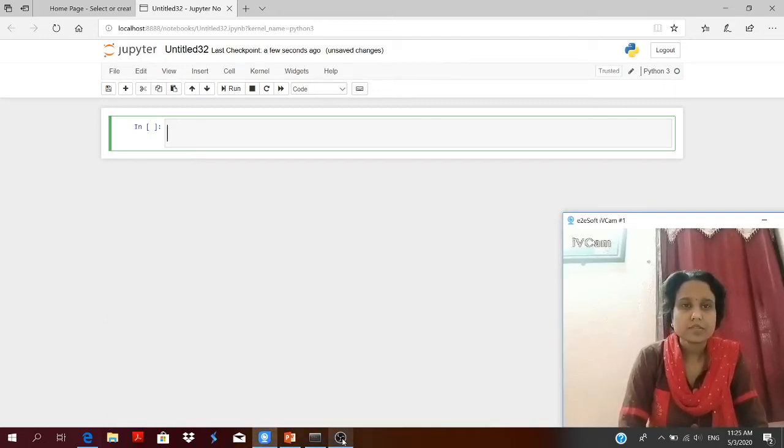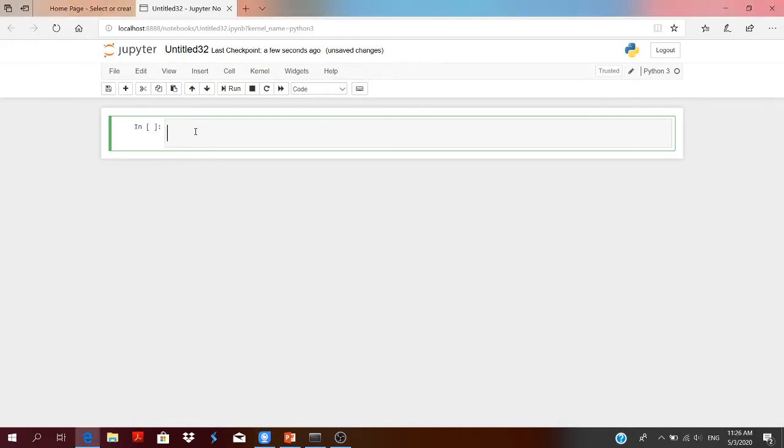Hello everyone. In the previous sessions, we have studied how to create series, apply mathematical operations on series, and how to create data frames. Now, in this session, we will study how to insert and delete rows and columns, select rows and columns, and apply binary operations on data frames. So, let us start by first creating a data frame.